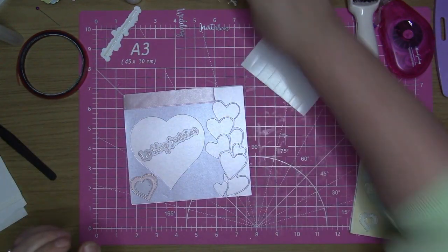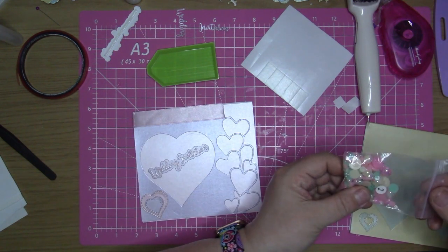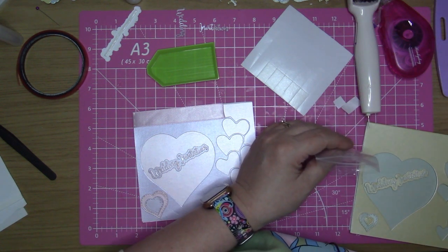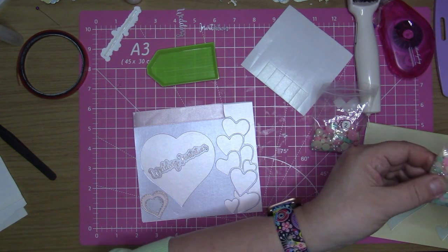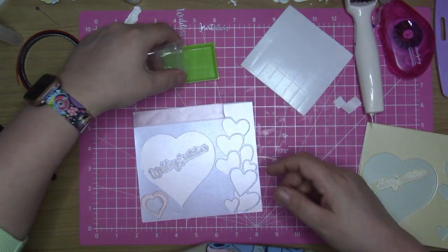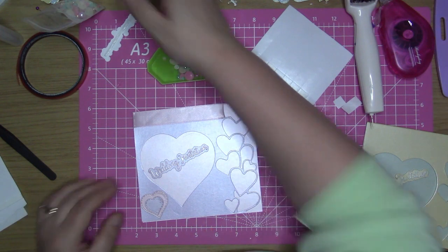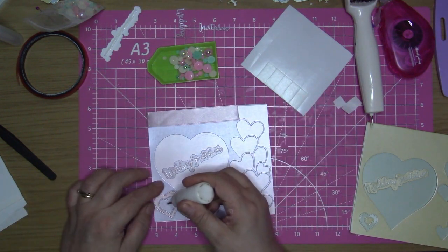So then I'm going to get my little pot for my gems, make sure I've got the right ones. Can't remember if I've got any purple ones in here, so I might use the pearl colour ones for this. And then I'm just going to come in with, put a gem